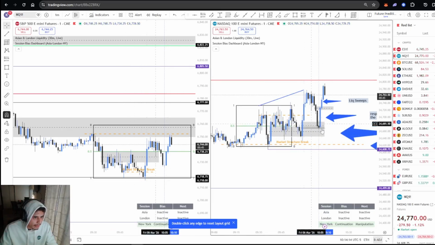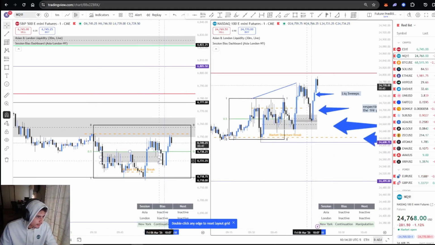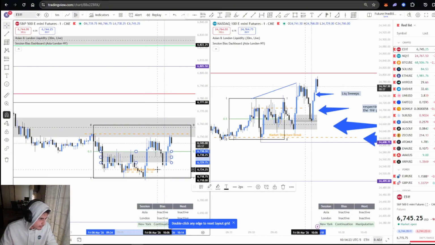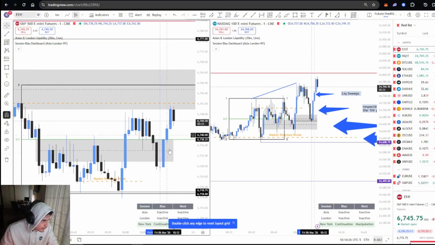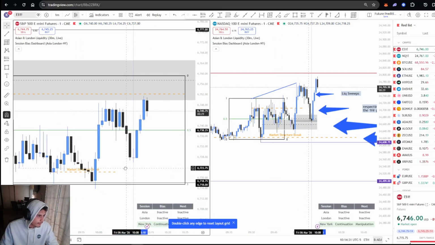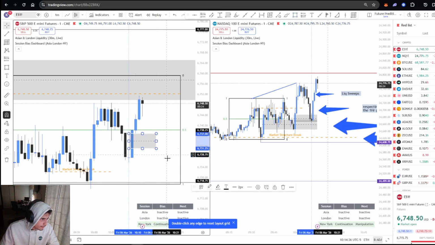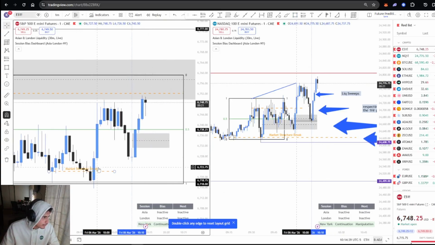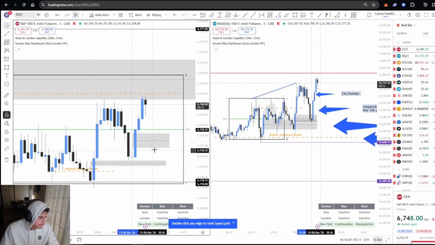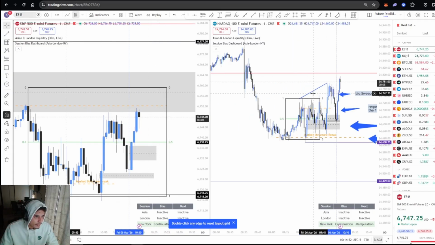We respected these fair value gaps down here, bro. We took this fair value gap for sure. On ES, what do I see basically? It's kind of hard to figure it out, but we disrespected this fair value gap for sure. That fair value gap is not clean anymore. I do see this fair value gap right here, lowest on the lowest. Anything else? Well, we had this fair value gap, but we didn't even touch it at all, bro. So we just want to see a break to the upside on here, and then